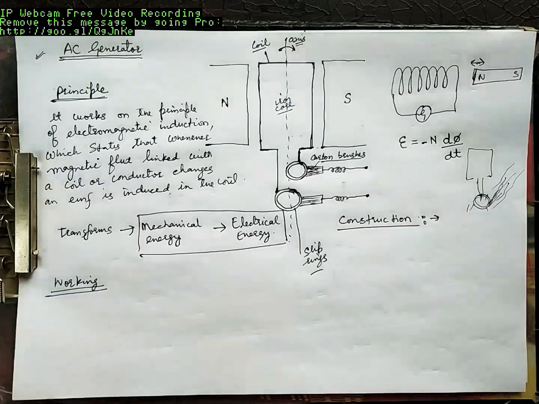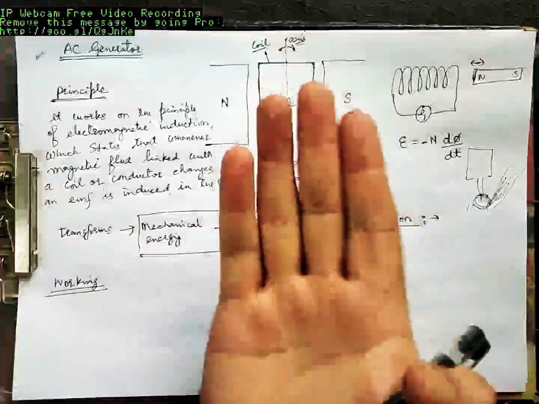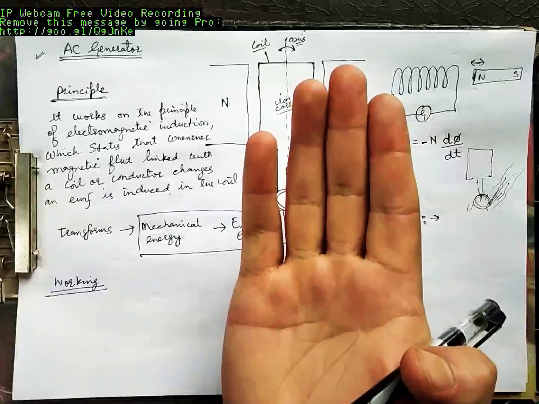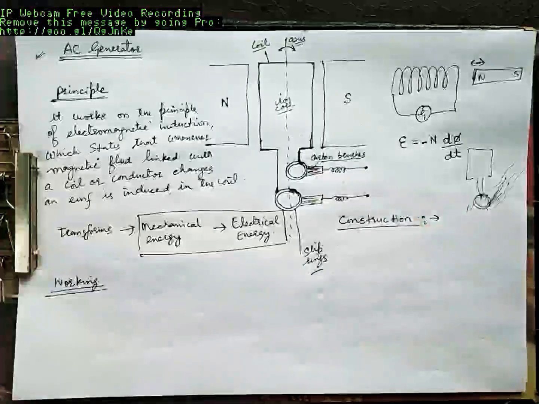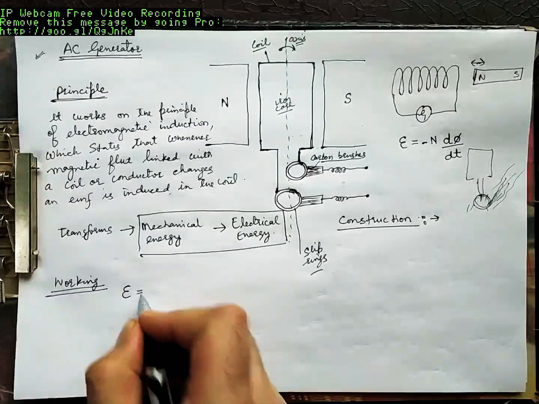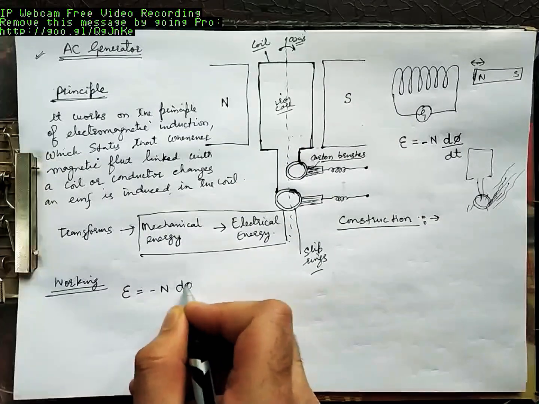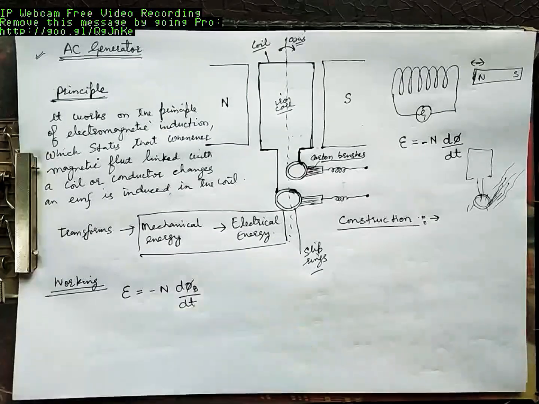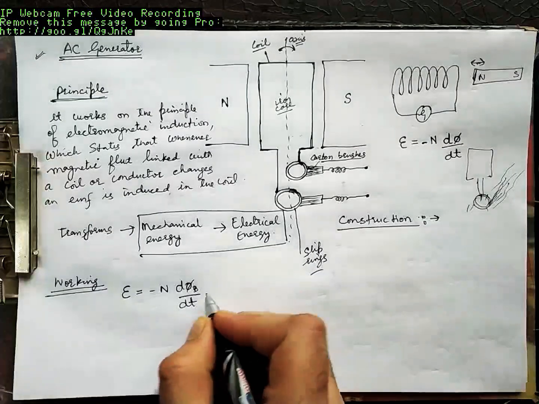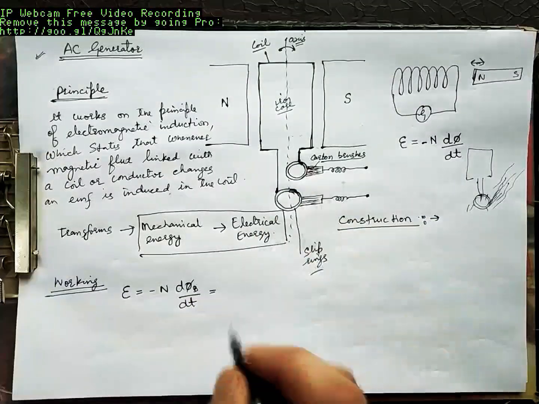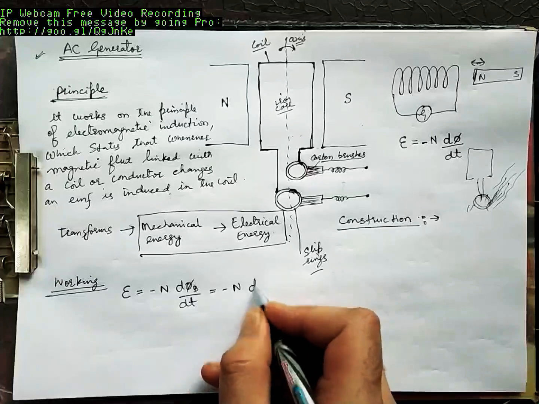So how much voltage does this generate over here? We already know that induced EMF E in this generator is equal to minus N d phi B divided by dt, where N is the number of turns. To make it general, I have mentioned here as N. It can be a single turn, it can be 100, it can be 1000 turns. What is flux through this coil? It is minus N d by dt of